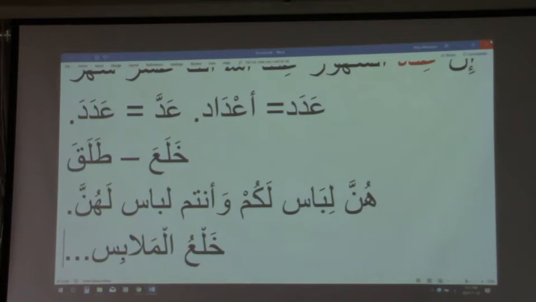Mahar's literal meaning? What is the Mahar? It means dowry. Mohar is different, mohar is a stamp in Urdu. Please, not in Arabic. Mahar is dowry. Mahar means to give a symbolic gift to your wife. Can you take your gift back? No, except on the day of nikah.